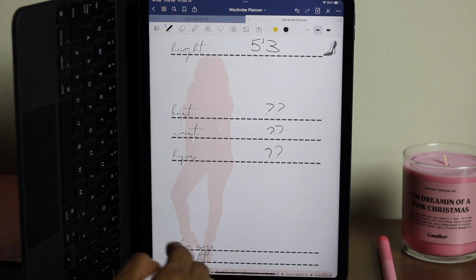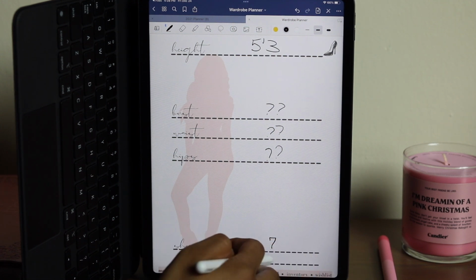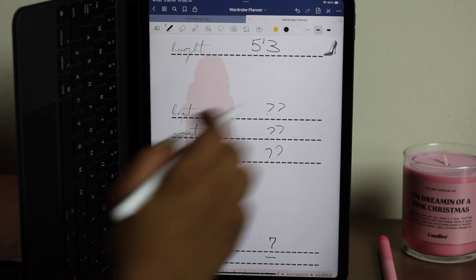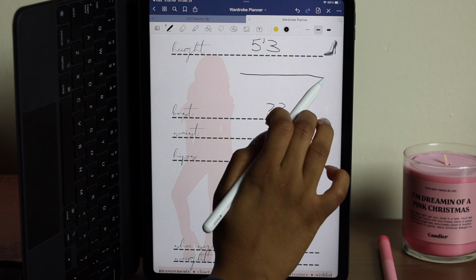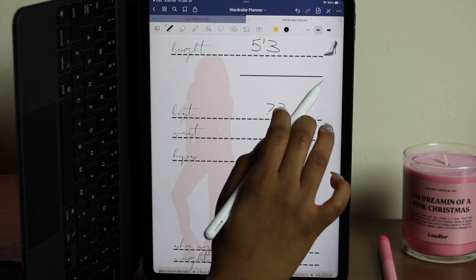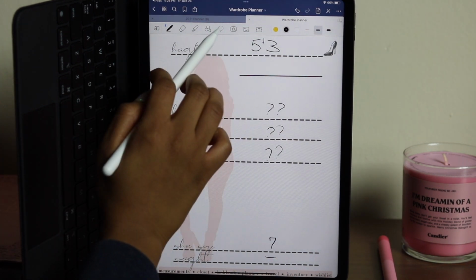And you just have endless options. Shoe size goes at the bottom, and then your weight at the bottom as well. If you wanted to add some other lines in this space, you could do that. Like here, I can use my pencil to draw a line across, hold down before I let it up, and it'll create a straight line out of it. Or you can also take your lasso tool,